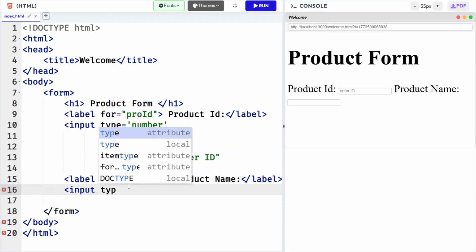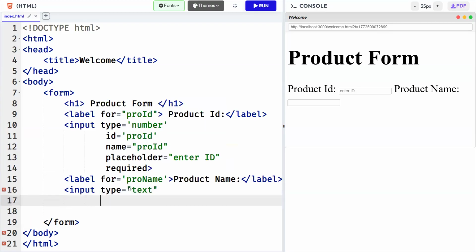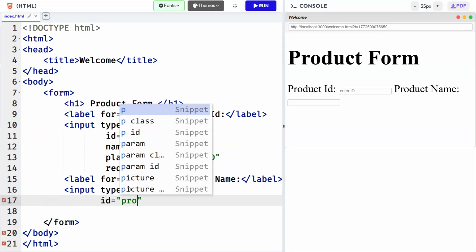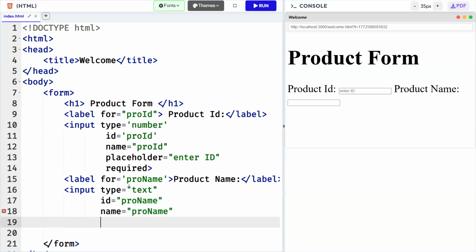Input what? Type equal to text. Okay, input type equal text. Good. Next one is what? ID equal to, just you can write the product name. Next one is what? Name equal to, just you can write the product name. Okay. Placeholder equal to